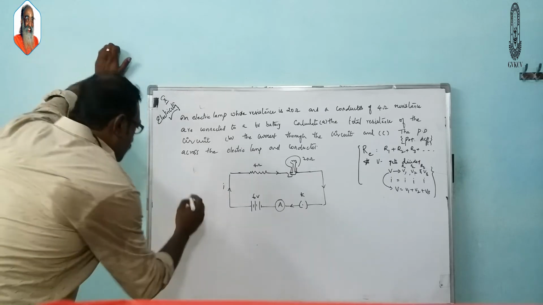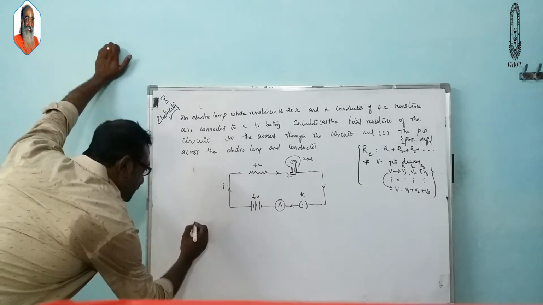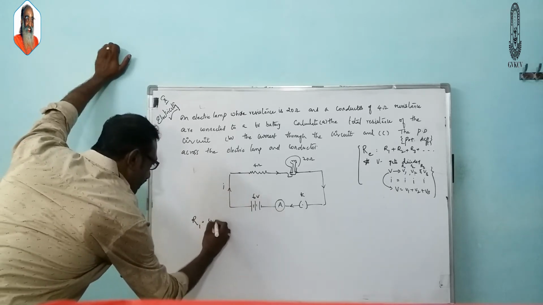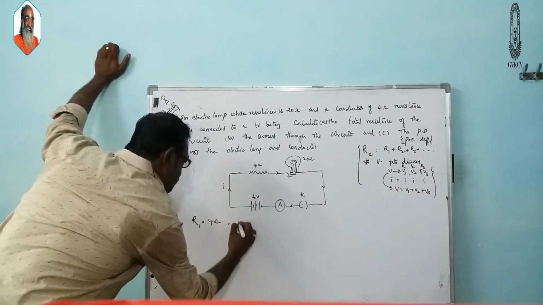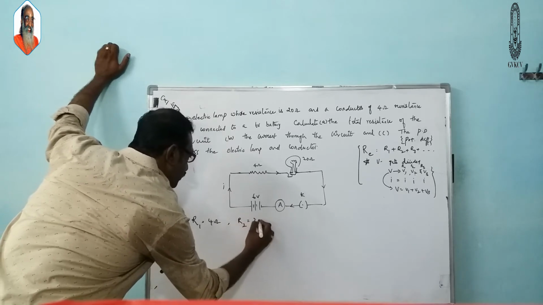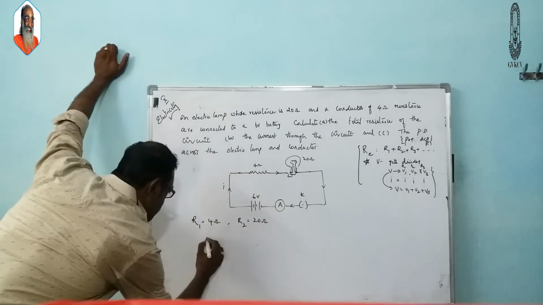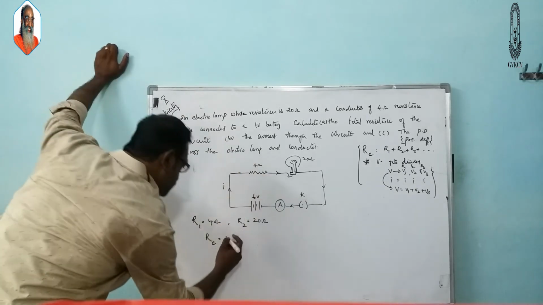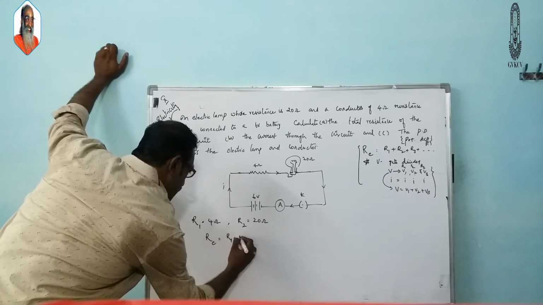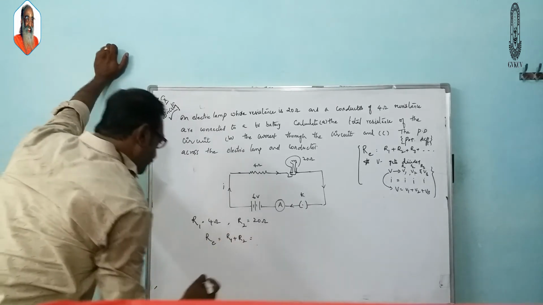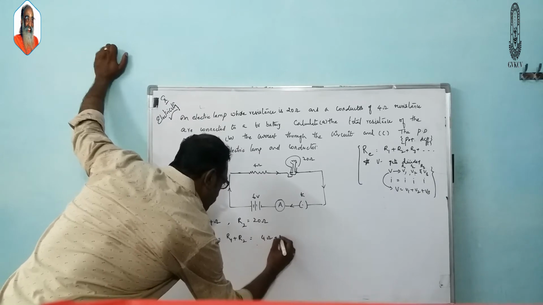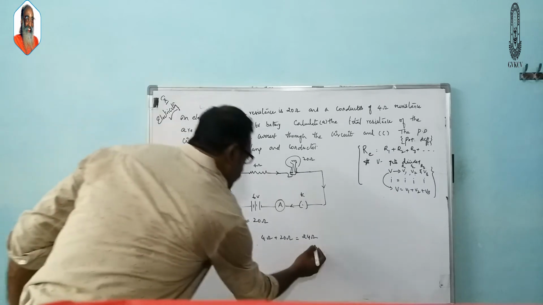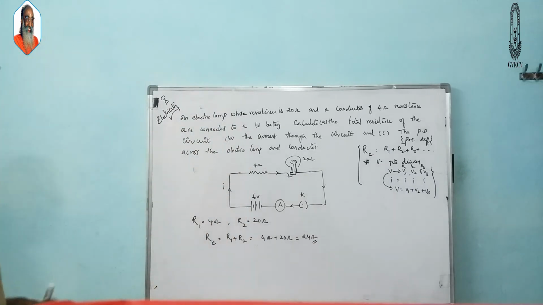So here, the resistance of this conductor is 4 ohm and the resistance of the electric lamp is 20 ohm. So the total resistance or the effective resistance or the equivalent resistance when they are in series, you know the formula, it is R1 plus R2, just summing them. So it is 4 ohm plus 20 ohm, it is 24 ohm. So this is your effective resistance or equivalent resistance.